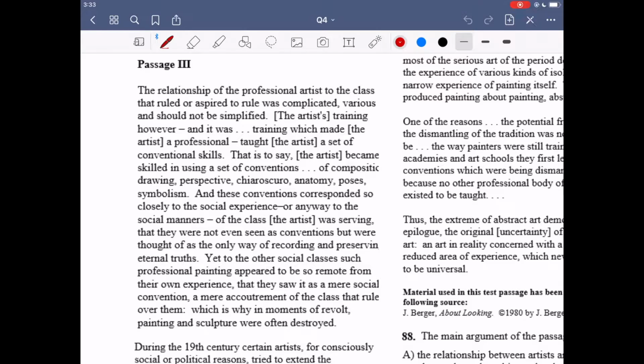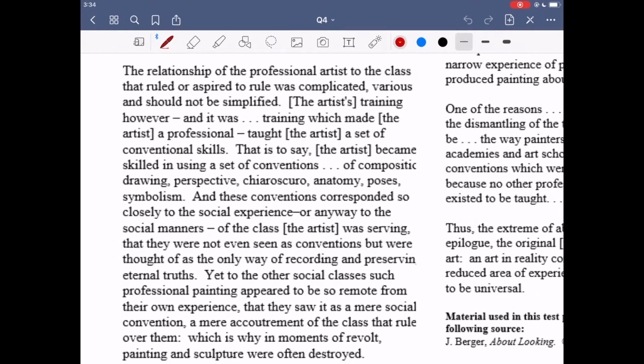Two other things to look out for. One, was the author's viewpoint present? Are they showing that they care about this topic one way or the other, or are they just unbiased, ambivalent about a topic? And lastly, for every single thing that's there, what is the purpose of a paragraph or a sentence? A lot of times AAMC will ask you why a sentence was there, and the reason is because it was evidence for a claim that was made previously. So those three things: the purpose of a paragraph or sentence, the main takeaway from every single paragraph, and whether the author's viewpoint is there or not. Now I'll read the actual passage.